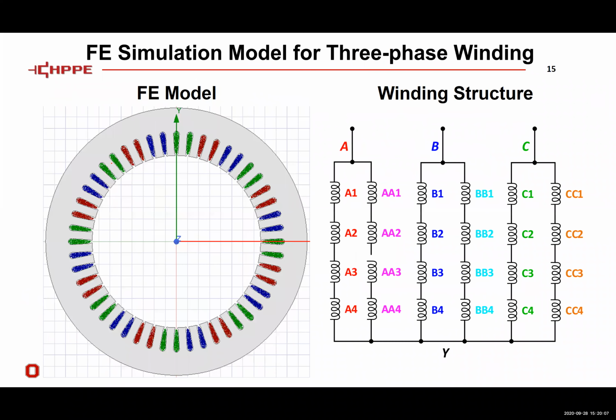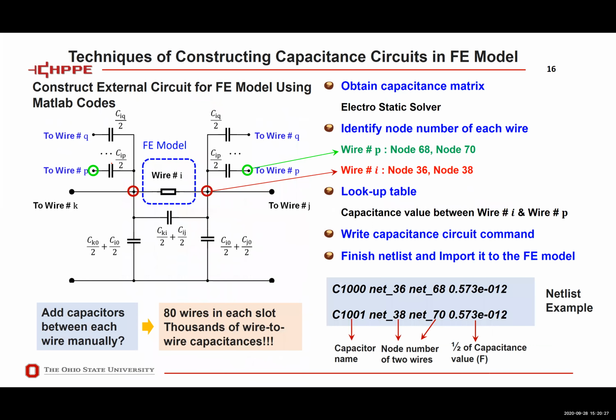Okay. Then the last step is to include all the three-phase windings in the FE model. The winding structure we use is on the right. As I mentioned earlier, for each phase we have two parallel circuits. And before I move forward to testing, we want to integrate all the capacitors with